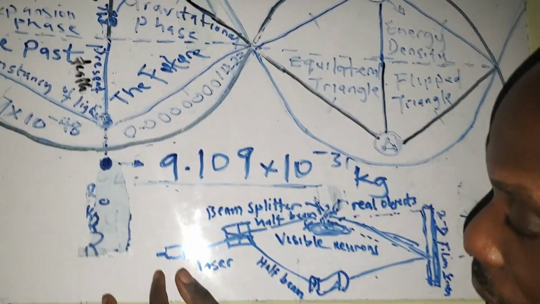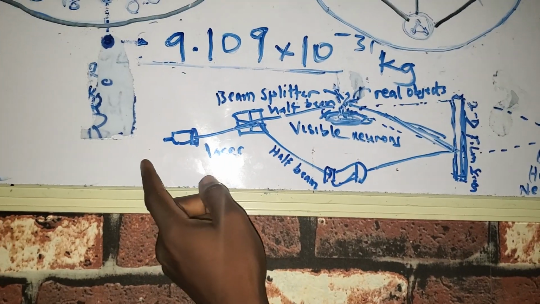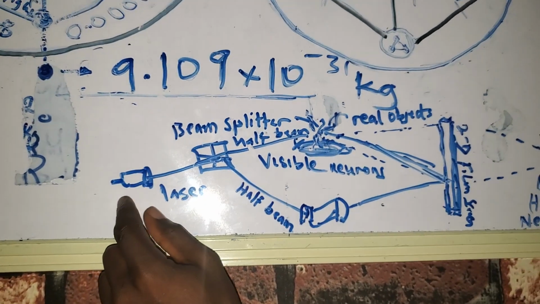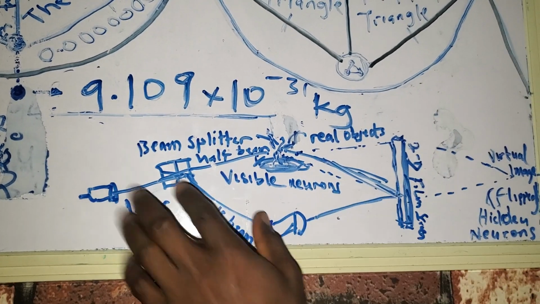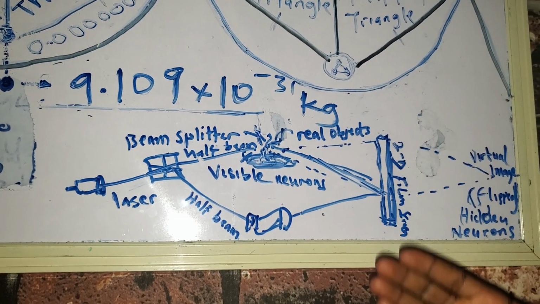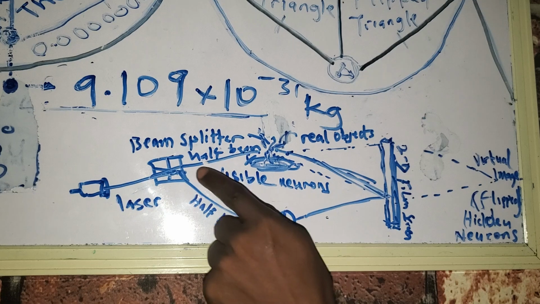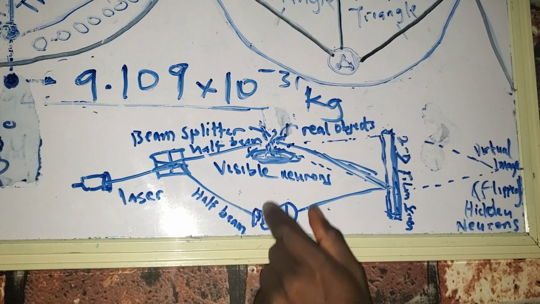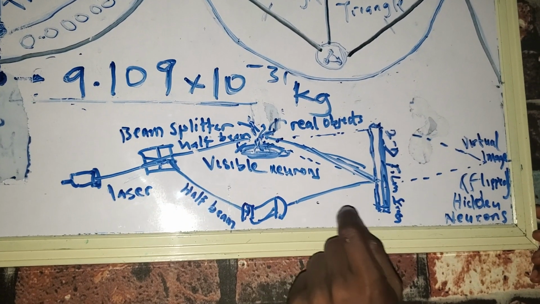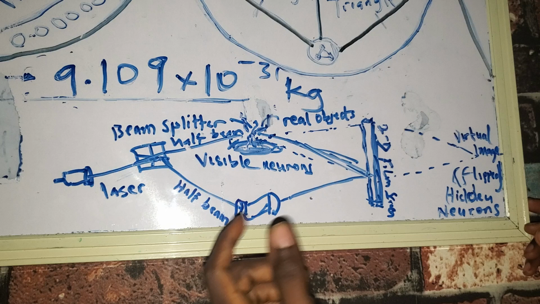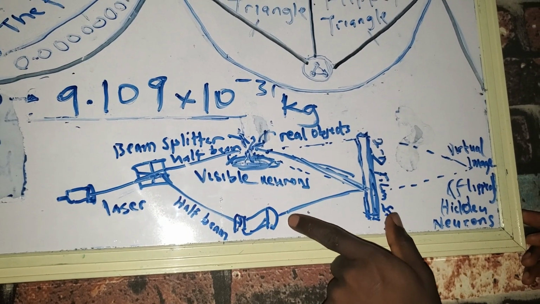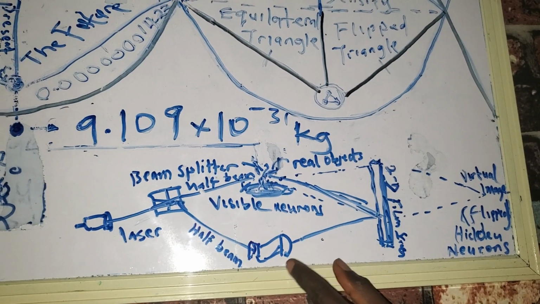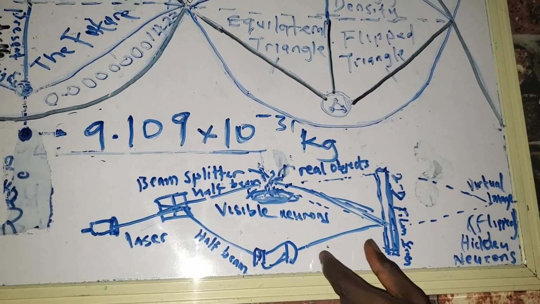So we have a laser shooter right here, and so we have laser coming out of the apparatus, and we have another setup which is beam splitter, and that is going to divide the beam into two. We have half going towards the object we want to project, which is this, and the other half going to another beam ejector or beam shooter. And so we have the beam coming out of this beam shooter, which is the half of the original beam. We tag that